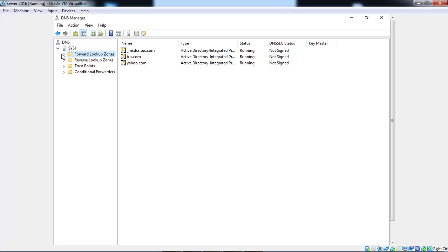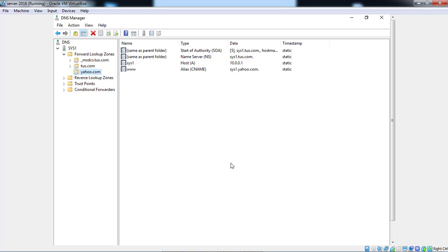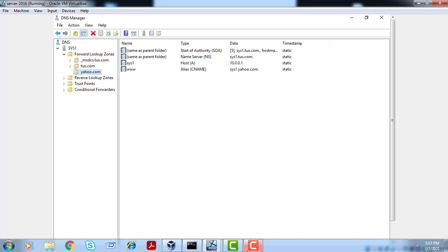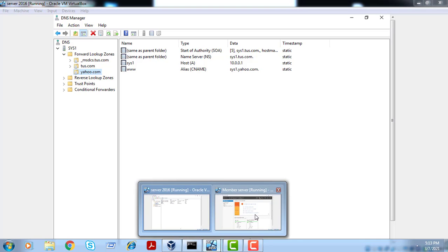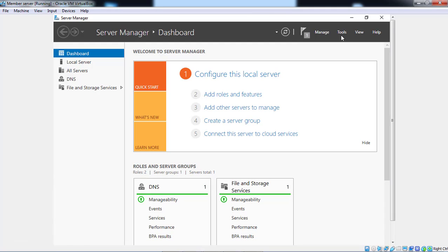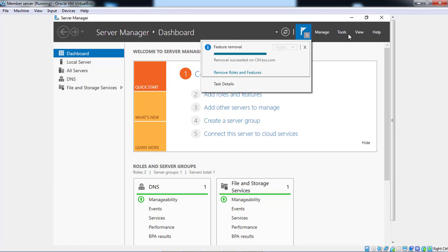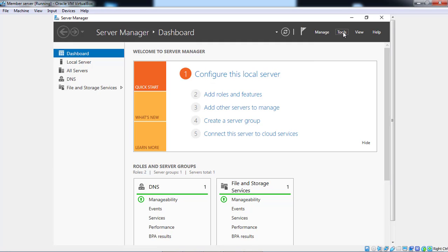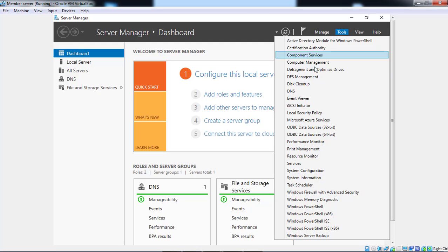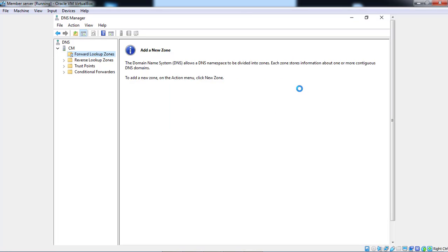The DNS, here is a primary lookup, primary. Now check this primary on the secondary of our member server. Tools, DNS.